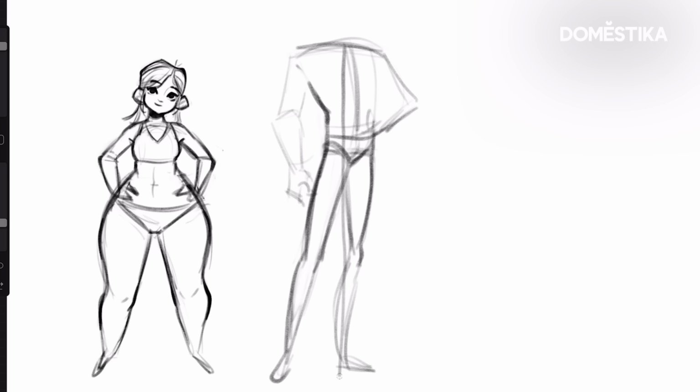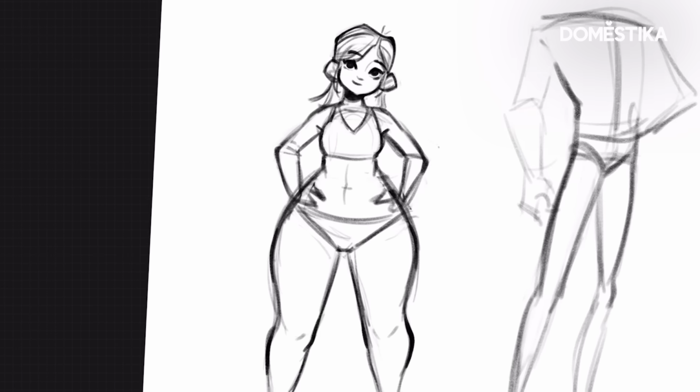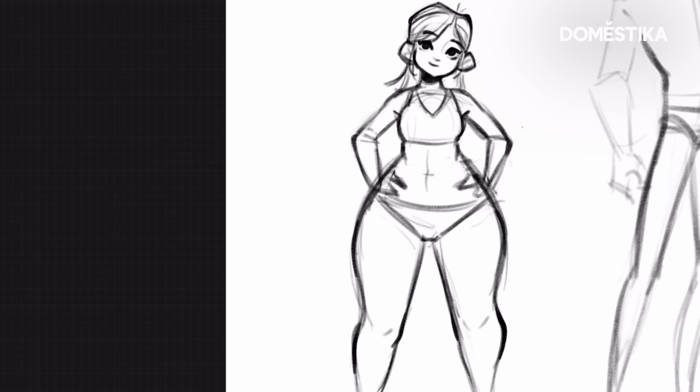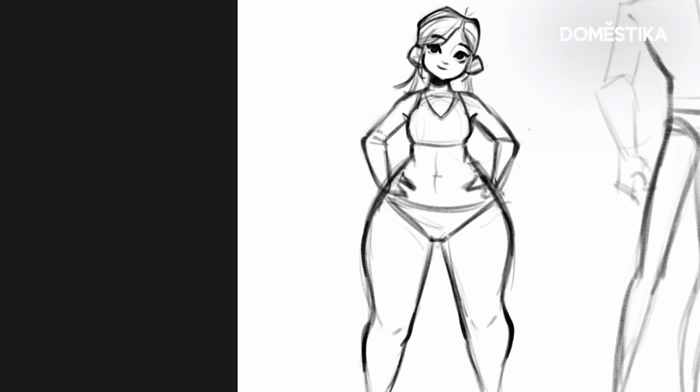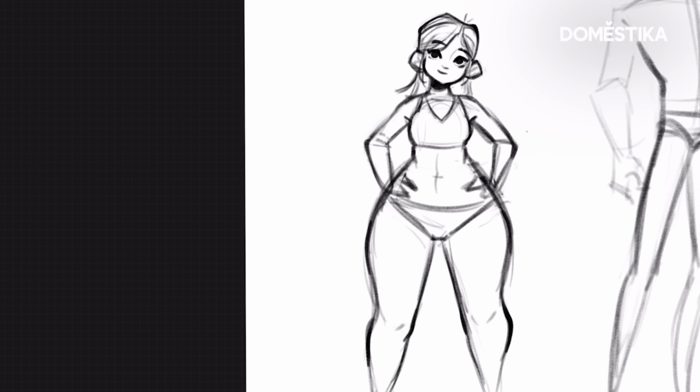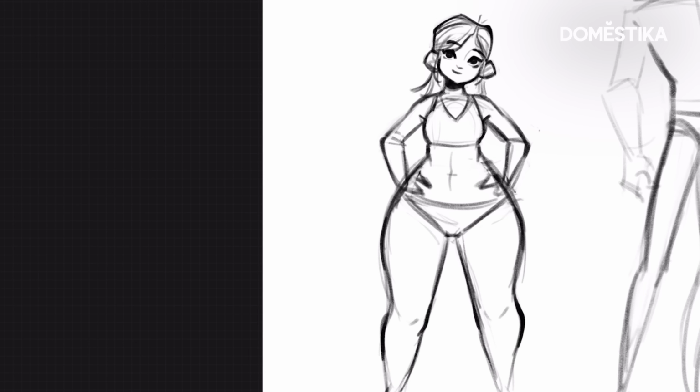So in real life, when a person is standing up, the center of gravity of their body falls right under the pit of the neck. So you can draw a vertical line from the pit of the neck down. But if you're struggling to make it perfectly vertical, what I like to do is a little trick where I move my character to the side of my canvas. So I'm using the edge of my iPad as a vertical line. So this way I can see where the center of gravity is.